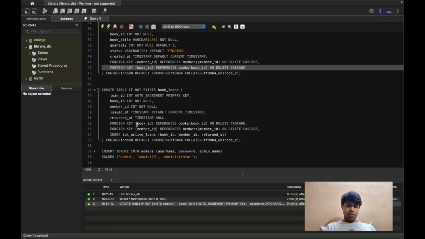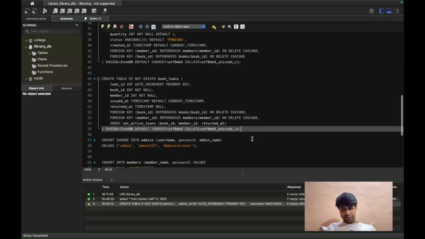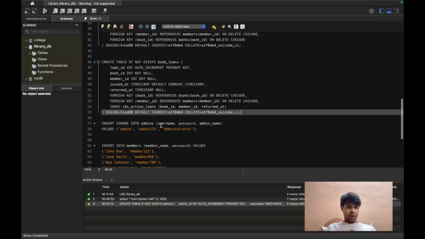Also, if in our library a member returns the book after 7 days, there will be a penalty, so it will keep track of that. And further,